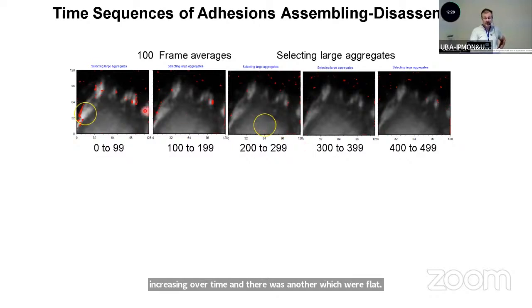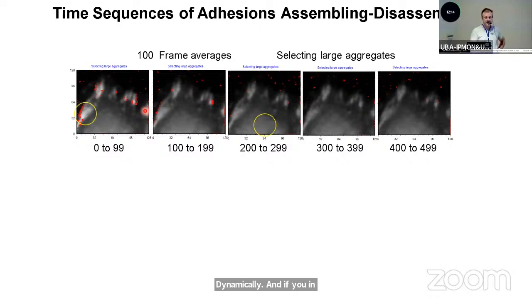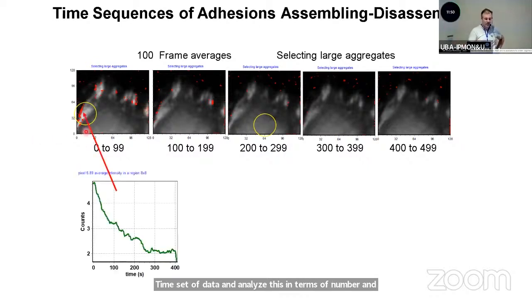The interesting thing here is, over the years, we have learned that these focal adhesions are highly dynamic. And if you introduce in the system the right stimulus, you can form and disassemble these focal adhesions over time. And using this set of data, we can chop this time series and analyze it in terms of number and brightness over time very easily. And this is a proof of how this is